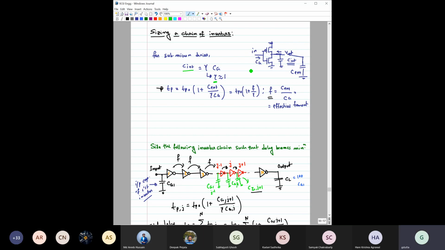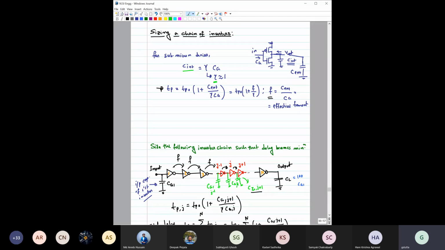And we have seen that for modern submicron technology, this gamma can be assumed to be 1. So we have taken that, and from there we started with this assumption that gamma is nearly